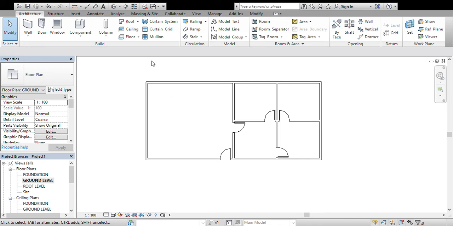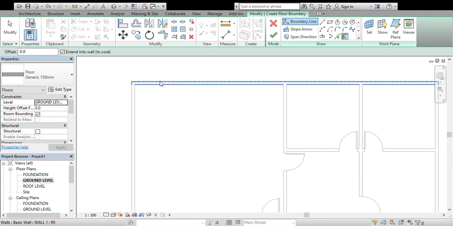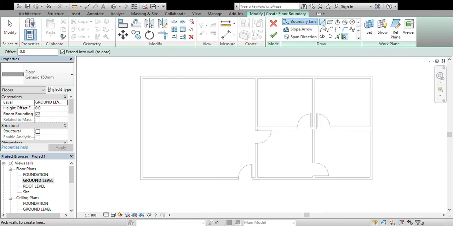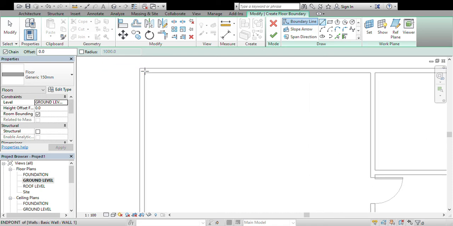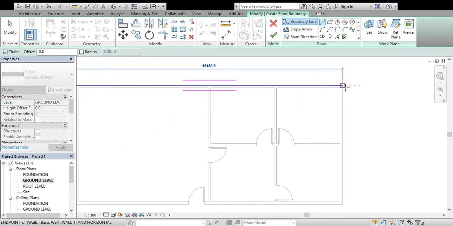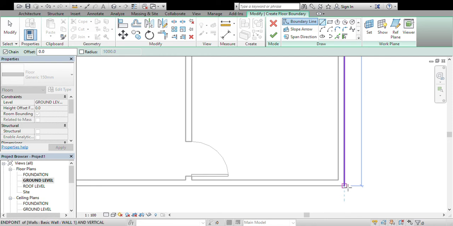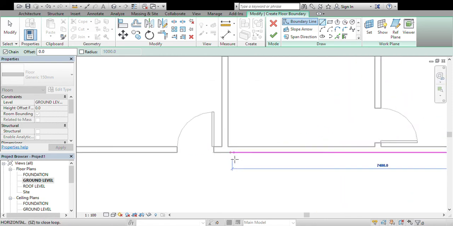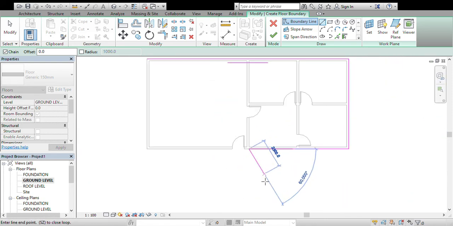So you can put a certain slab. For example, I want to put a slab. Come to floor, pick floor. So there are so many different ways you can use. You can use line. For example, if I click line, I can start drawing where I want my slab to pass. You see, for example, here I want my slab to have